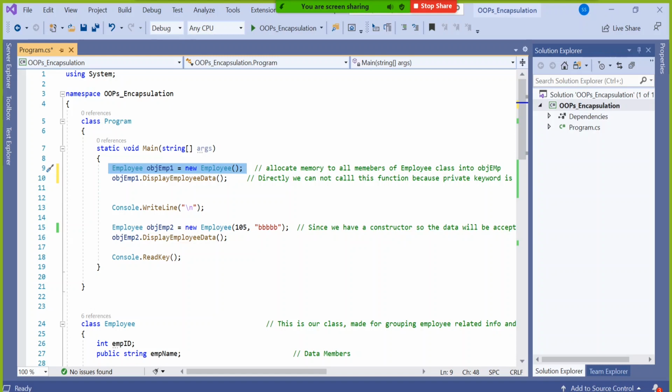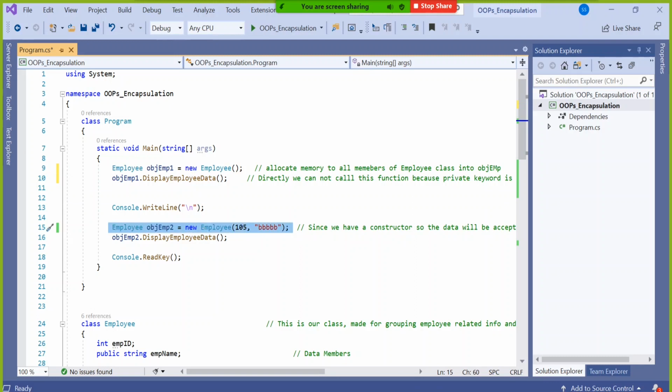If something is mandatory to enter, they will say, hey, you have to enter this. That value will be taken and kept in the database. This relates to real time so that you can understand when the default constructor should be used and when the parameterized constructor should be used. So in the second guy, I supplied the value.